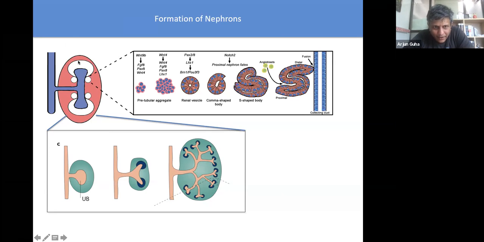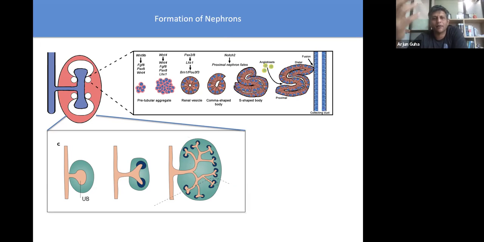There's a very intimate interaction between these two cells, so that both the cells here are proliferating. The ones at the distal tip, as I mentioned, are proliferating in this axis. The ones that are further behind are proliferating in this axis to lead to the increase in circumference. So as this bud splits into two, again, each of those buds is going to be associated with its own cap mesenchyme and so on and so forth. So this process starts at about E9.5, E10.5 in the mouse, right? Now,